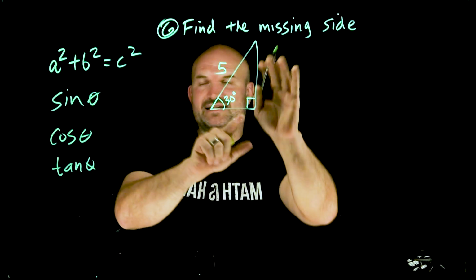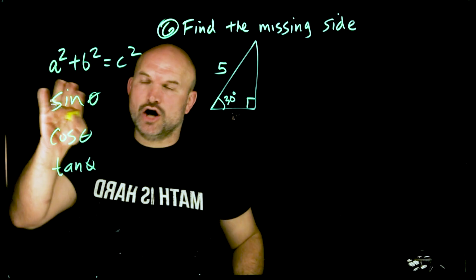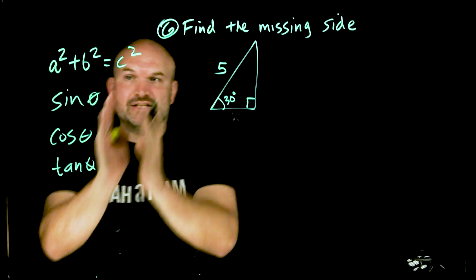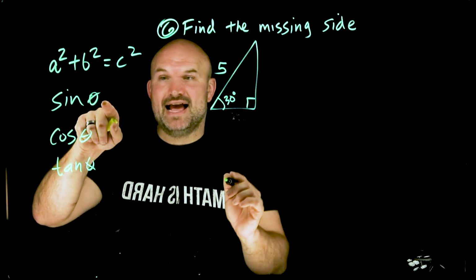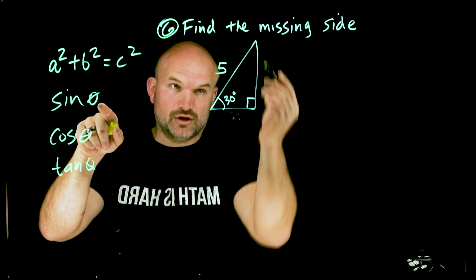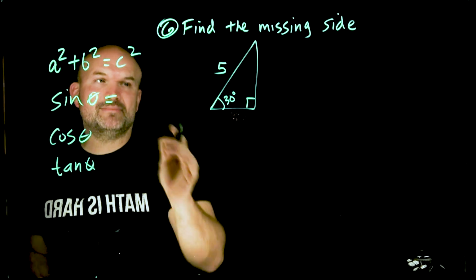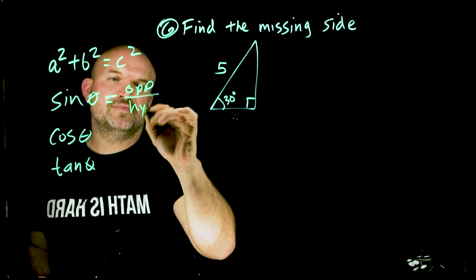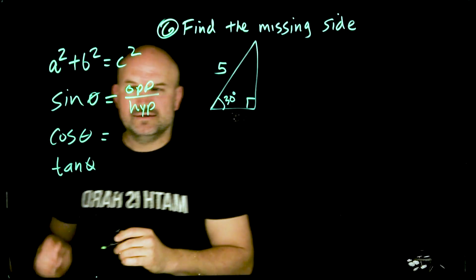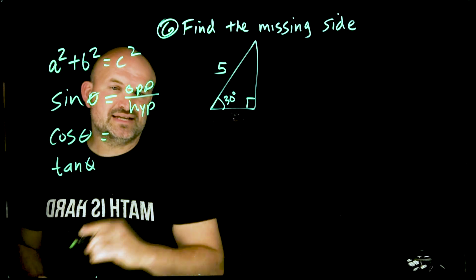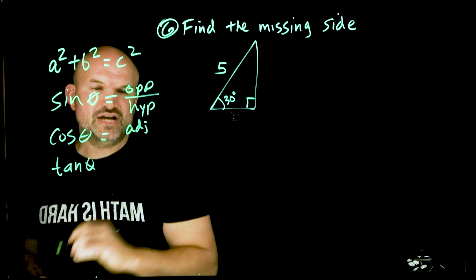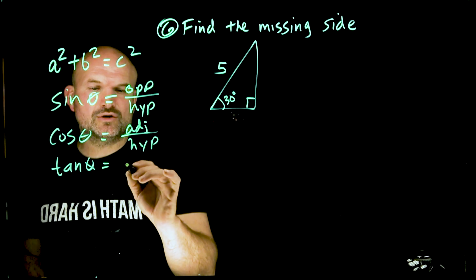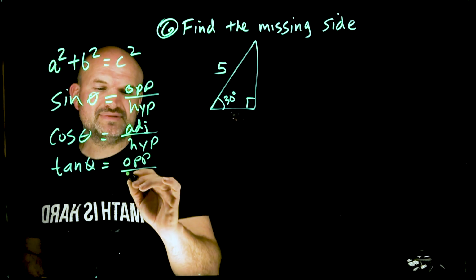The Pythagorean theorem is telling us the relationships of the sides. Our trigonometric functions are also giving us a relationship of the sides with respect to an angle. So when I say the sine of theta, which represents an angle of this triangle, that is going to tell us about the comparison of how big is the opposite side over the hypotenuse. The cosine of your angle theta is going to represent the relationship between how big is the adjacent side over the hypotenuse, and tangent of your angle is going to represent the relationship of how big is the opposite side